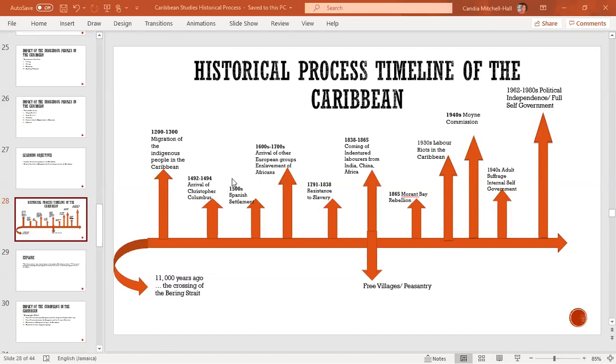Then by the 1500s, the Spanish would have settled in the region. And having settled, they found quite a lot of resources here in the Caribbean. And so some other, their neighbors,